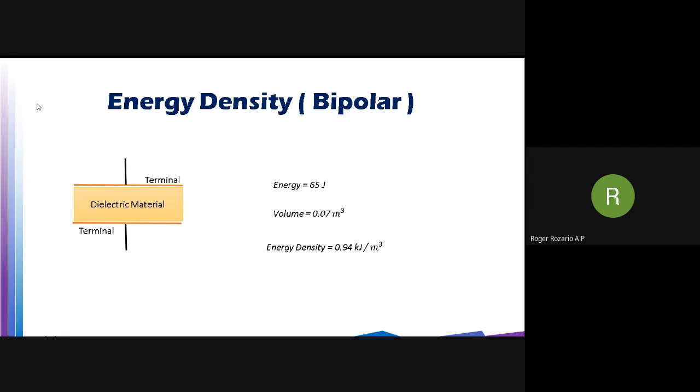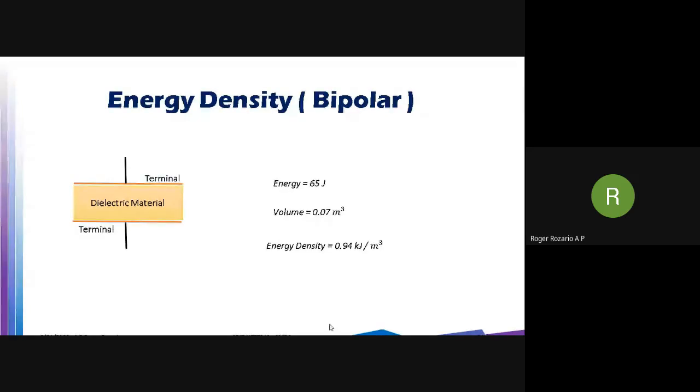So in the previous PDF, we have seen the capacitance value to be 100 μF and the voltage is 750 volts AC. When you multiply both, you will get 65 joules, half CV square. And when you multiply those dimensions of the capacitor, you will get the volume to be 0.07. And from that, you can easily calculate the energy density. So from this energy density, you can choose an appropriate capacitor for your DC to DC converter.